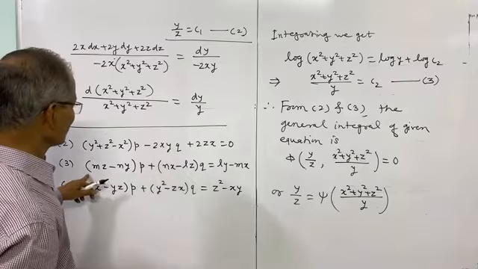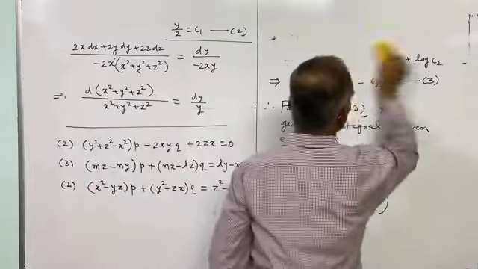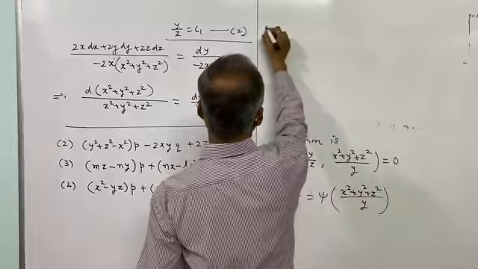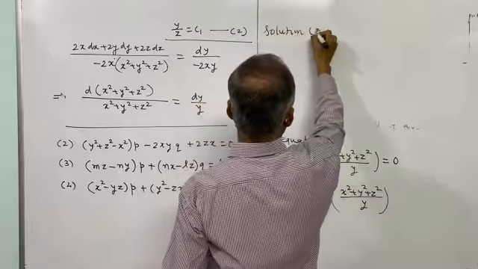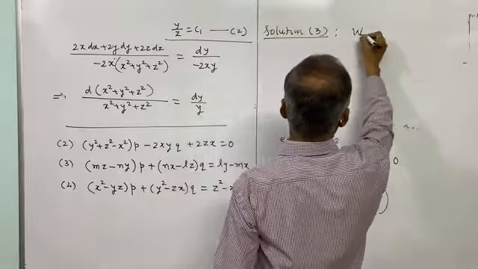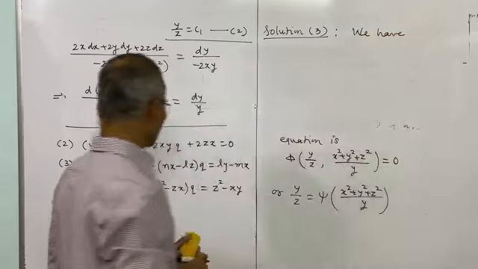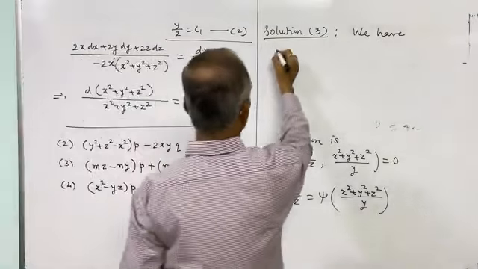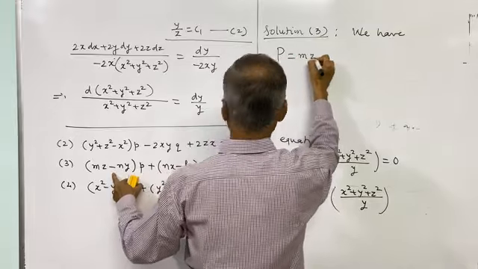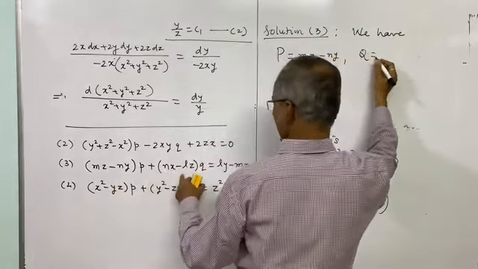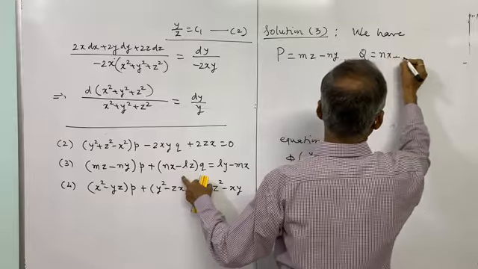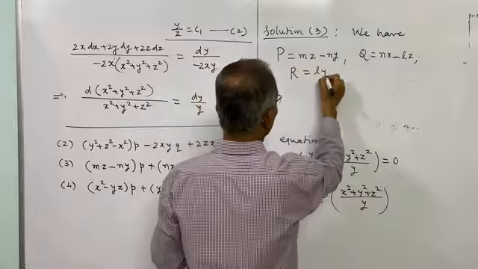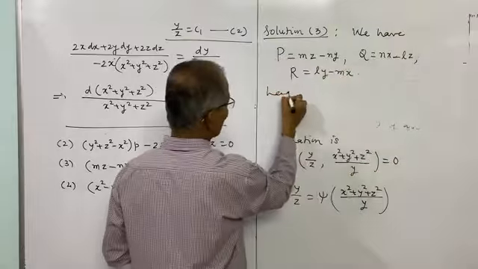Now what remains is the third problem. So we will solve third. Solution for 3. Now I shall write directly the values of P, Q, R. We have capital P is mz minus ny, capital Q is nx minus lz, and capital R is ly minus mx. Lagrange's auxiliary equations are